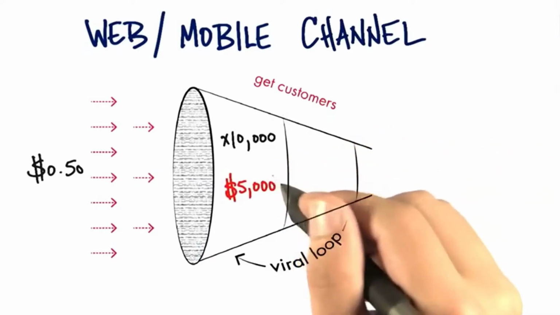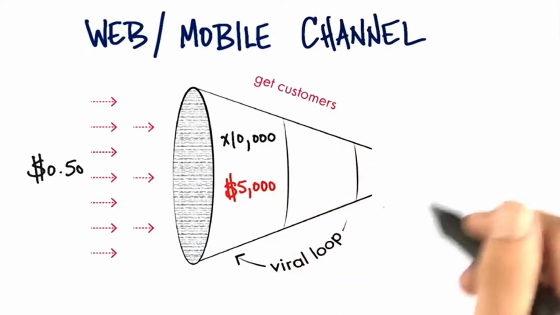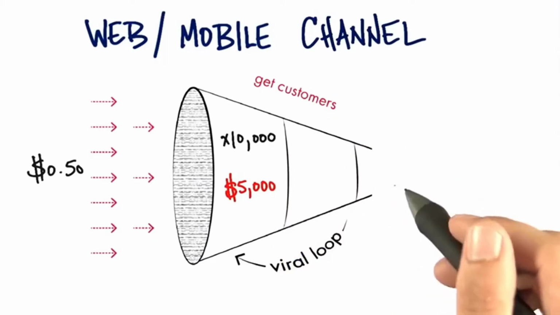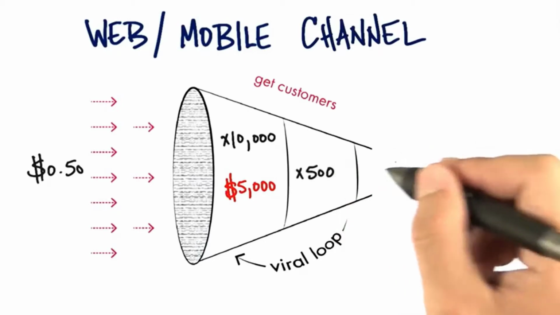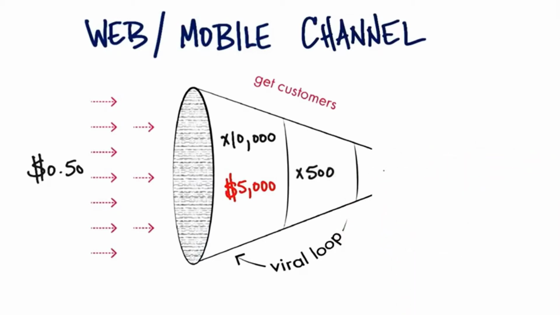But the goal isn't to just have people visit. The goal is to get them to the end of the funnel. And at the end of the funnel, I want them to actually have paid for and or used the product. So the goal is to activate them. Now what's interesting is, assume I'm offering a trial, and assume that maybe just 5% of the people I've acquired actually take the trial. And so I now have 500 people using my freemium product.